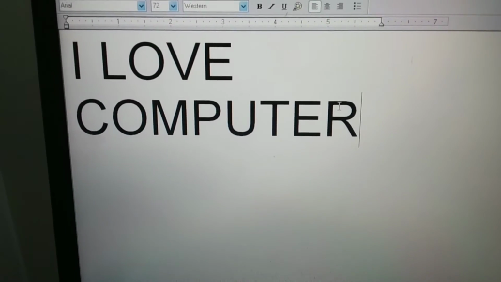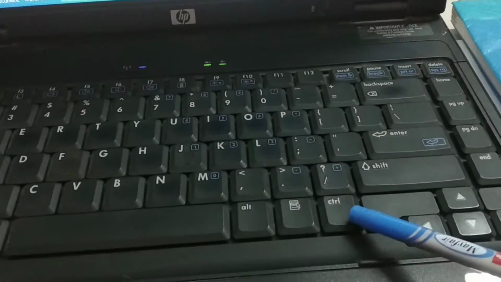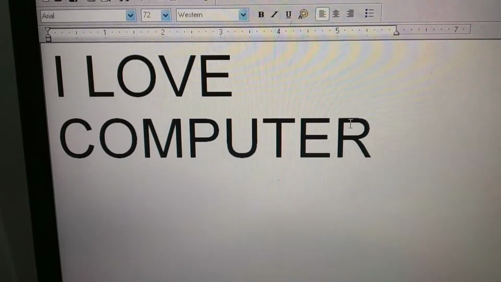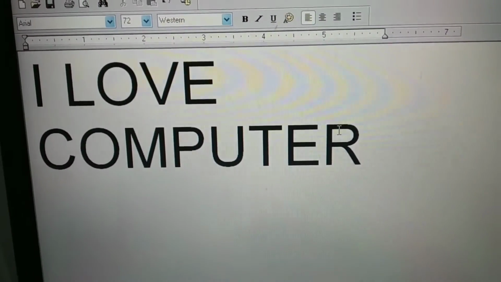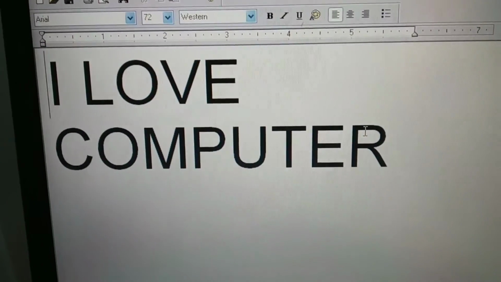Now to the top of the document, we have to press Control and Home key together. You can see like this. If I press Control and Home key together, now the cursor comes to the top of the document.